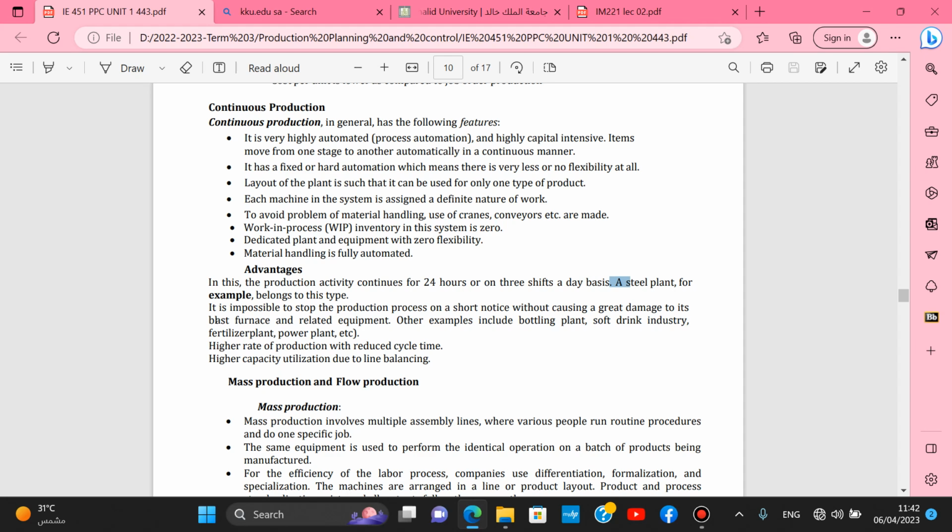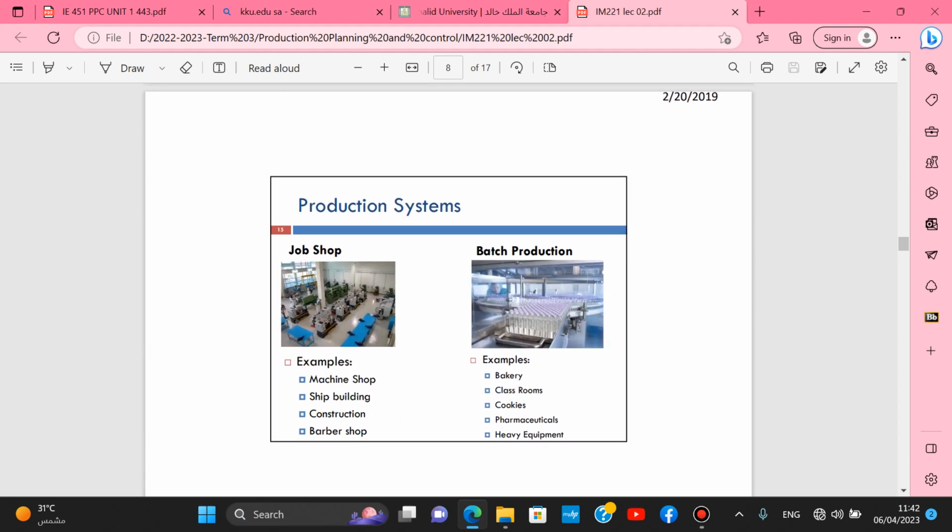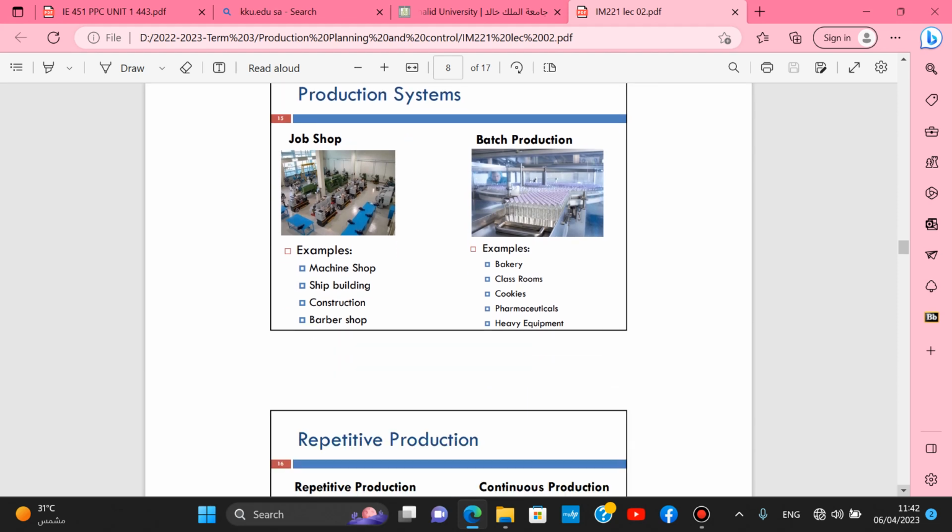آخر نوع هو الماس برودكشن and flow production. في مادة المقدمة شفنا على أساس repetitive system. لو كانت تحاولوا تتذكروا لهنا شفناه في مادة المقدمة job small scale, batch production moderate volume, repetitive assembly line اللي هي لهنا mass production وإلا flow production, high volume of standardized goods or service, والcontinuous production very high volume of non-discrete products. شفنا لهنا أمثلة من الجوب like machine shop, chip building, construction, barber shop, batch production, bakery, classrooms, cookies,